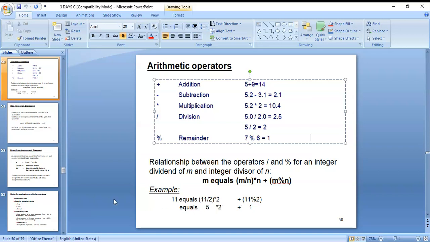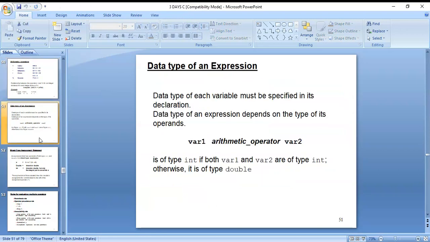Next, the data type of an expression. The data type of each variable must be specified in its declaration.